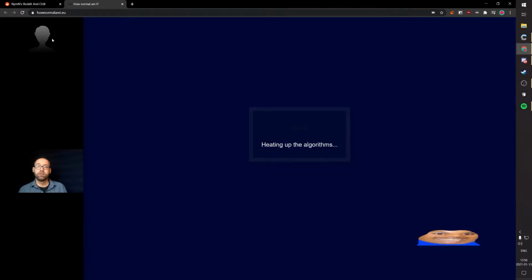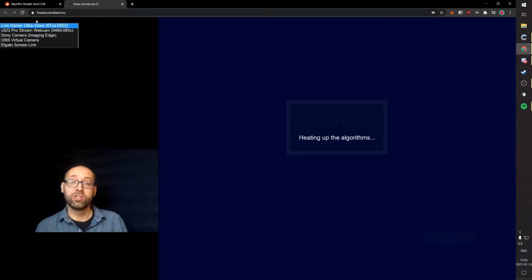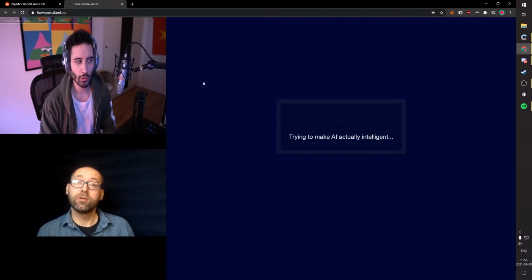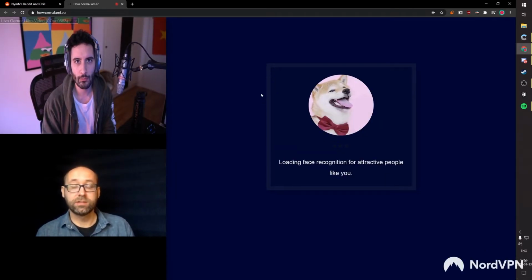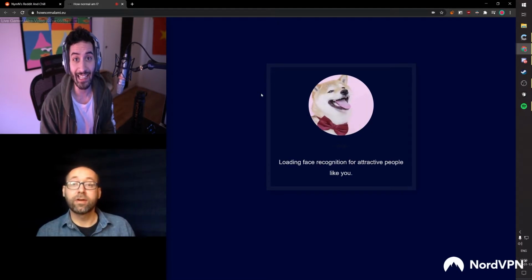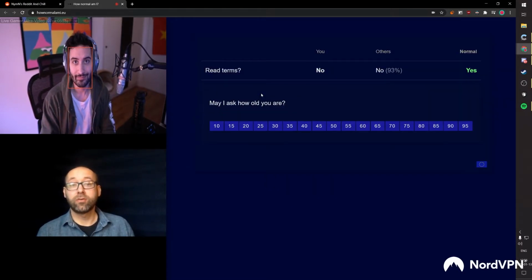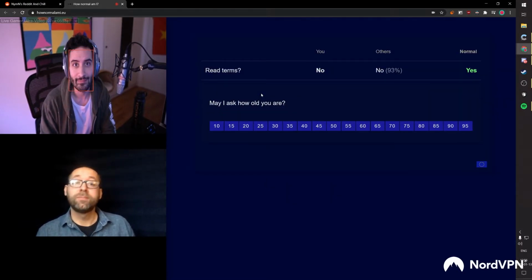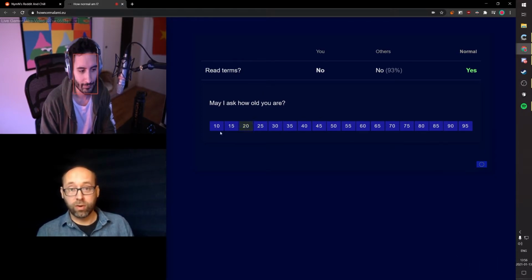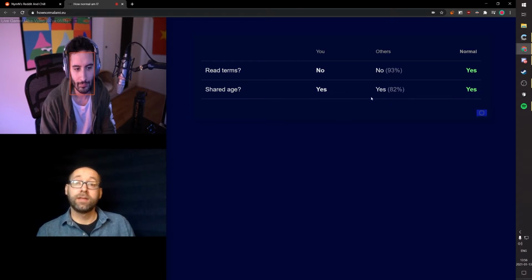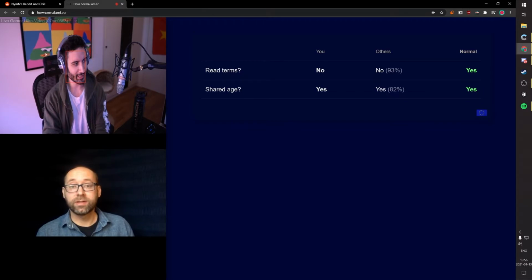And then start. So let's talk about your face. Specifically, we'll be looking at machine learning algorithms that try to judge your face. By giving access to your camera, you'll be able to experience these algorithms yourself. But don't worry, everything will run locally in your own browser. No data is sent to the cloud in any way. At the end of the experience, you will be able to share some anonymous data with us if you want, but it's totally up to you.